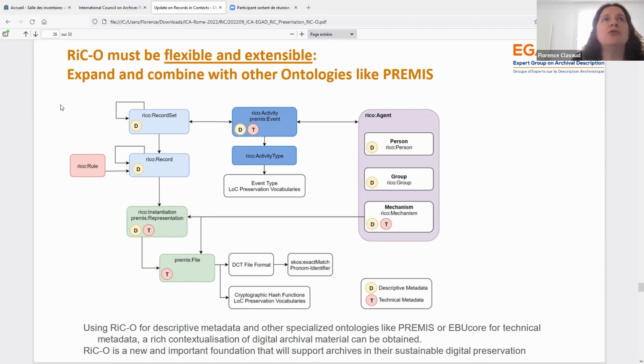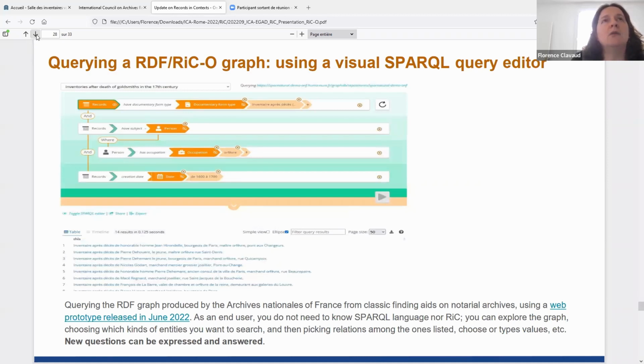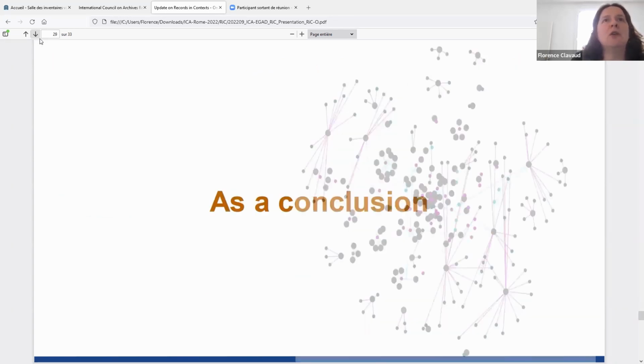So it's important that the two ontologies can be used together. I don't have enough time to explain this, and this is a screenshot from the project we are presenting in the RiC applied session, so I won't be long on this either. Just as a conclusion,